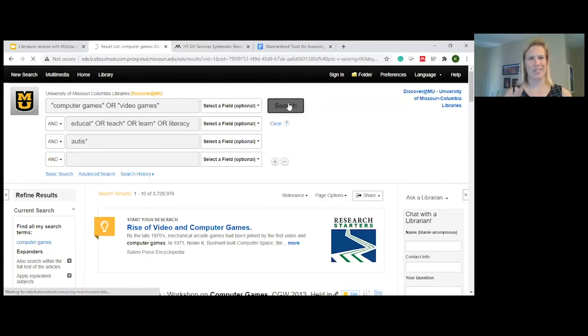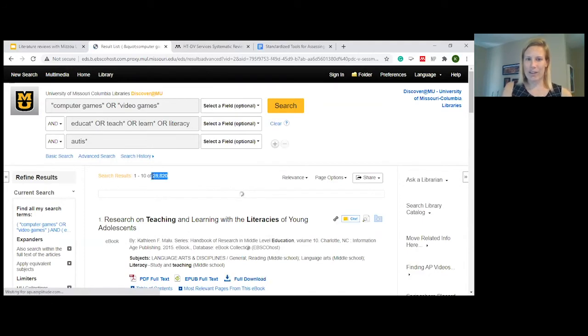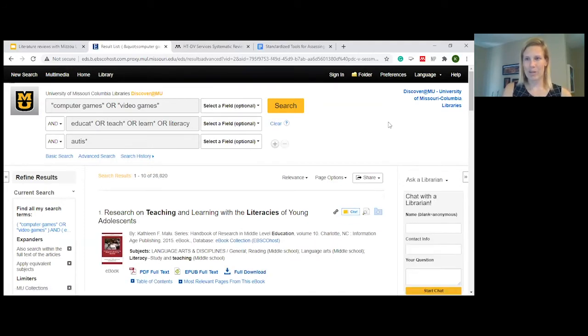So I'm just going to use this as a quick example so you have an idea of how all of that plays together. And there are a ton of articles. We still wouldn't want to look through that many, but there are other ways, and these tricks also exist in every database. I'm using the homepage as a search. I mentioned it's not reproducible, but you could use all of these tricks in a subject specific database, like PsycInfo, which would be the psychology one. And that's what you would use when doing a systematic review, because then you could write up, I looked in PsycInfo, I found 42 articles on this topic, and someone else could run that same search in PsycInfo and find those same 42 articles.